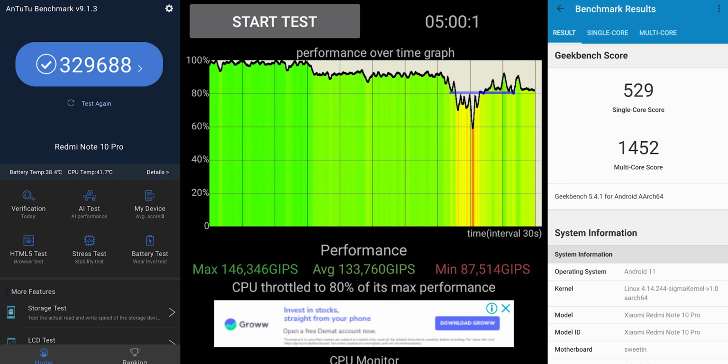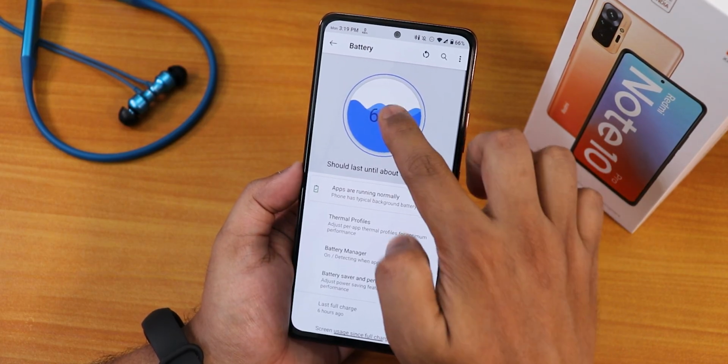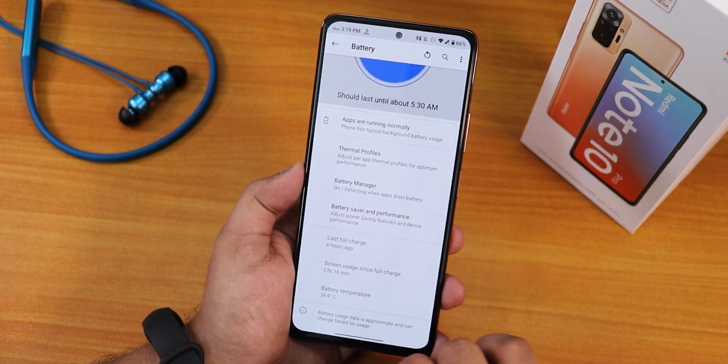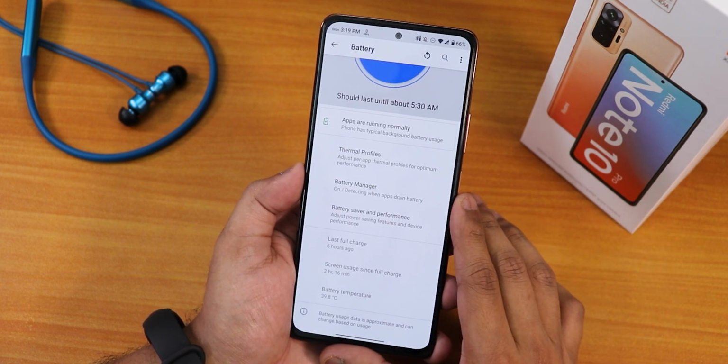And here are the end-to-end Geekbench score with a CPU stress test on this particular ROM. Talking about the battery settings, this is how it looks, and if you tap here, you can see the full battery usage. As you can see, I have 66% juice left, and I have got about 2 hours plus screen on time. So you can calculate from that, you can get pretty much 6 hours of screen on